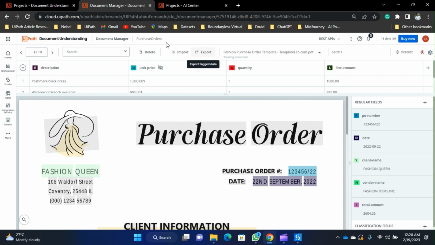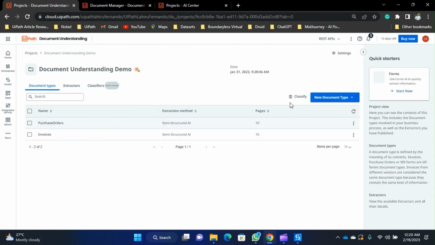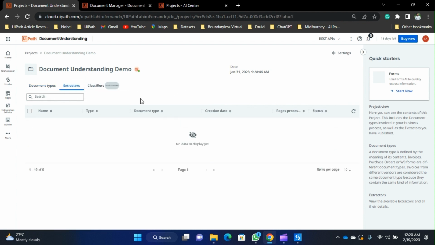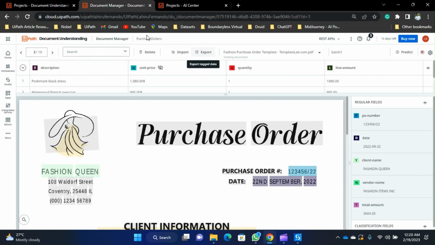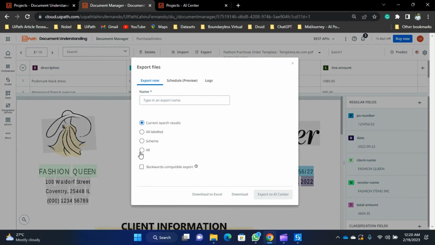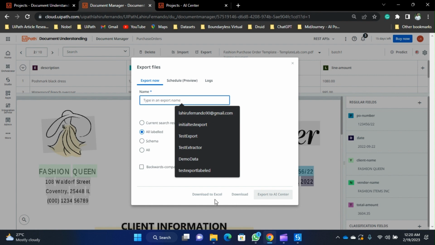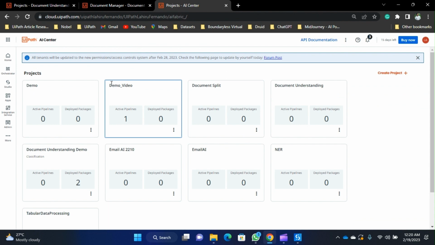So once you do the export, for the extractors, here we don't have the export option like under this extractors. But we can create it from here using the same old method. So you can export as you usually do. Click on all labeled and then export it. So this will go and get exported into your